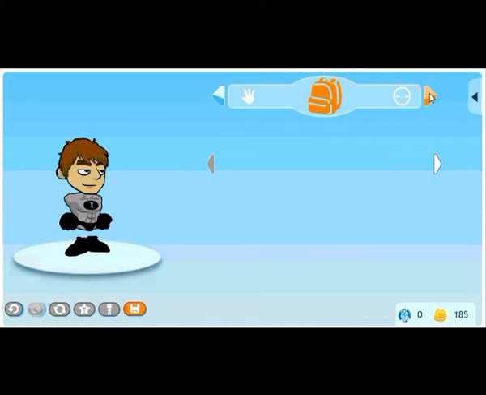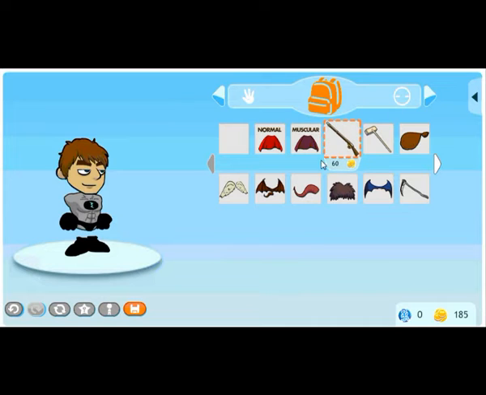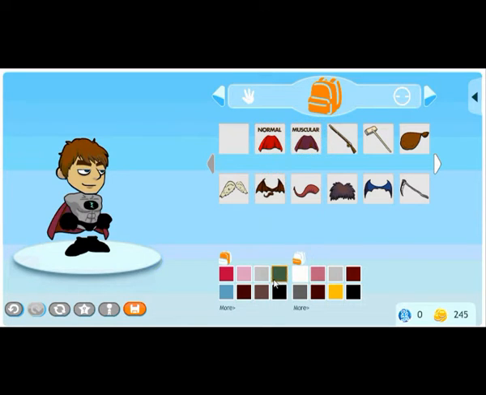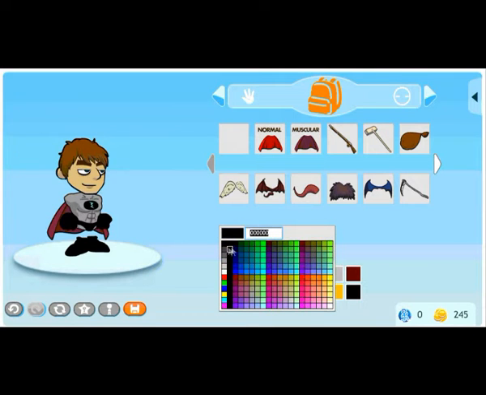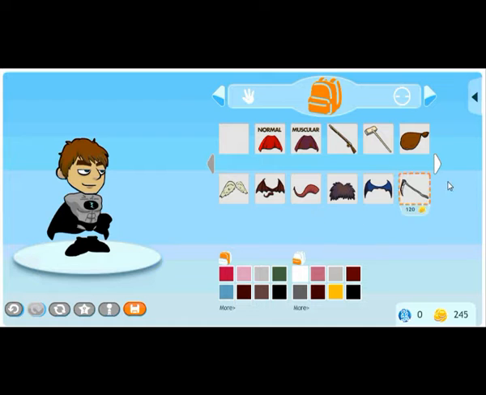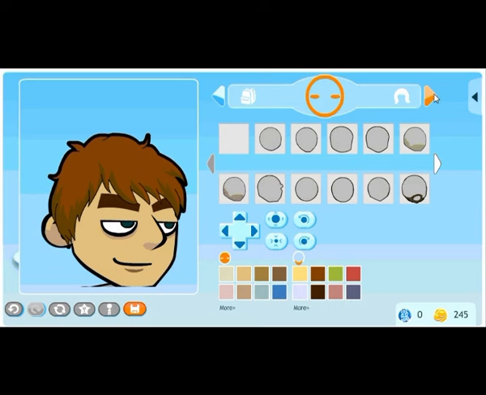And then on to the next screen, which is the backpack screen. These recently added capes here. We're doing a muscular character, so we go for the muscular cape. Put that on him. And colour that in black too. Next screen is the head. The actual head shape for my Lil Batstorm character is the default head shape, so we don't need to do anything to that. We just move on to the next screen,